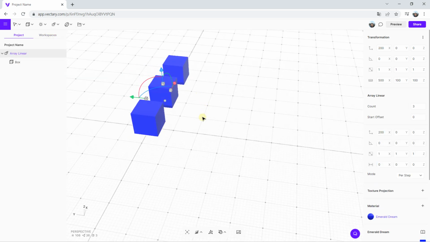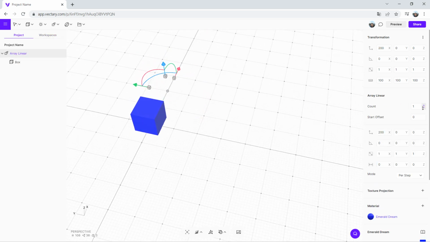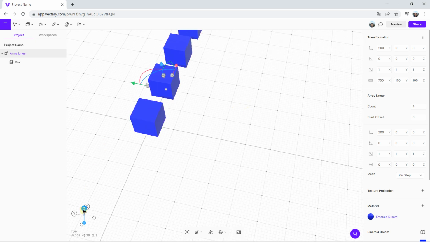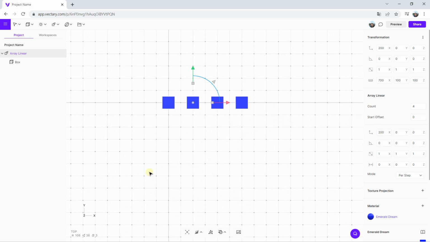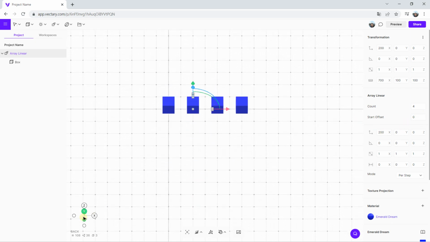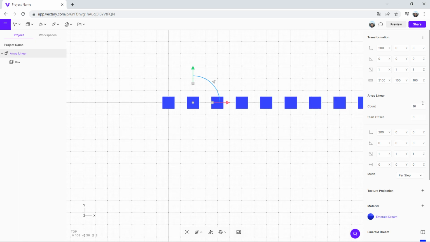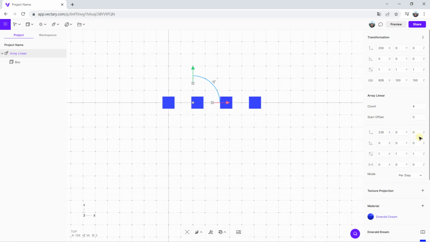Yes, just like that. So now you can change the number, the count, as you can see. I'm going to use my top view, Z view, and you can change the count. Yes, just like this. You can also start with the offset. And you can work on the x-axis, y-axis, z-axis. So it means I have a count of 4, and on this x-axis, I can change my offset, just like that. If I want, I can increase, why not 6?